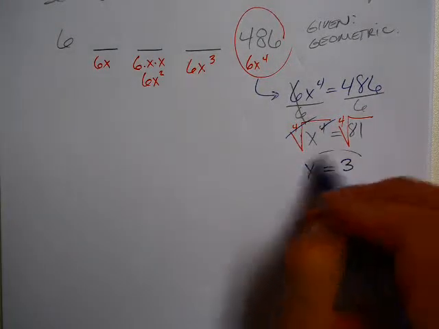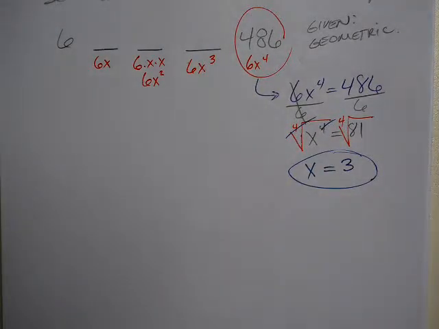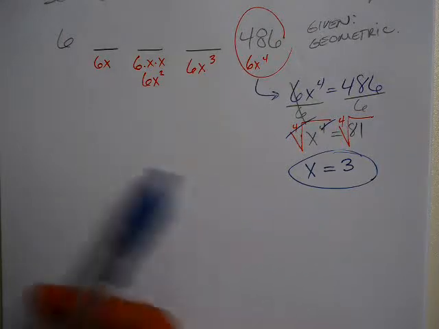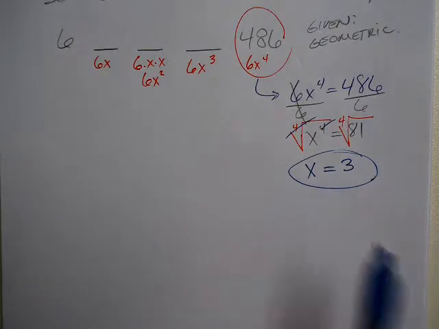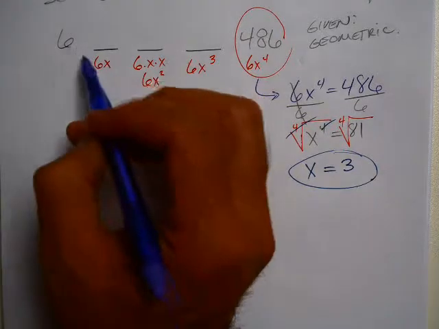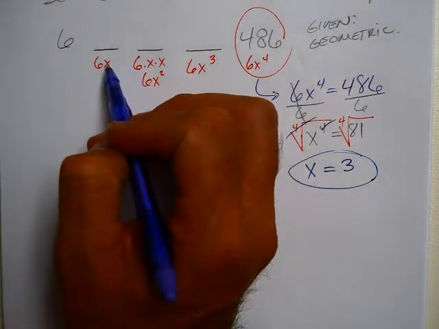Now, the problem is sometimes when we're doing stuff like that, we go, oh, good, I got the answer. But no, you really don't. Now you have to take the answer and go back and fill in the spaces. So this is what's going on. So x is 3, so 6 times 3 is